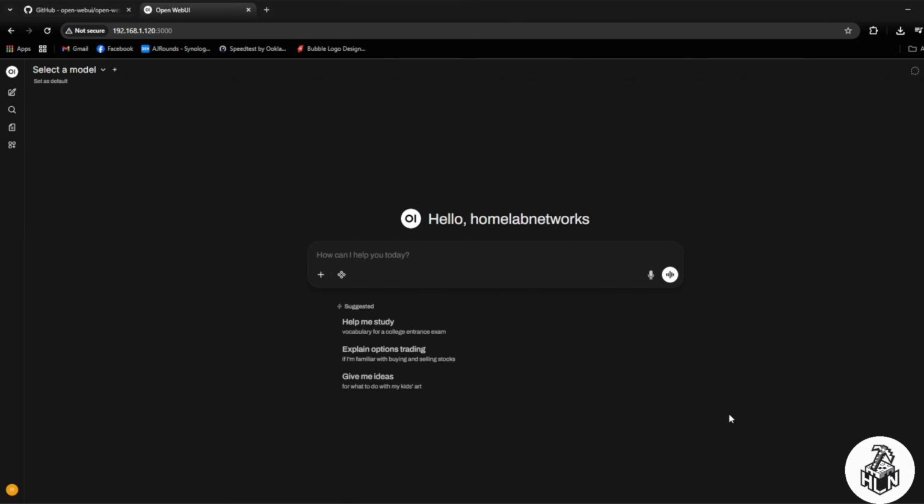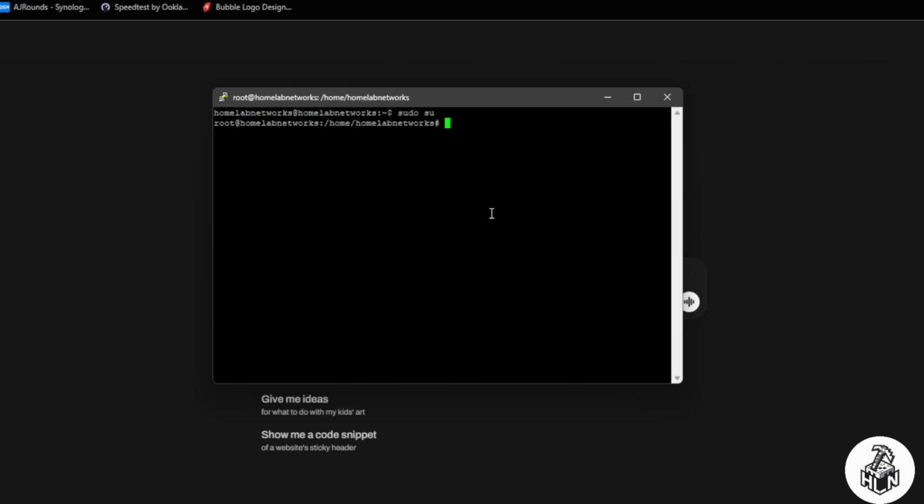Now, your model's not going to come up straight away. I found this out the hard way, but there is a workaround. So go back to your terminal that you've SSH'd into your server with. Make sure you're in the root account, so sudo su, and then we're going to use the command docker network inspect bridge, and that's going to allow us to get into the Ollama service file, where we can add a few words so we can get the model working on our